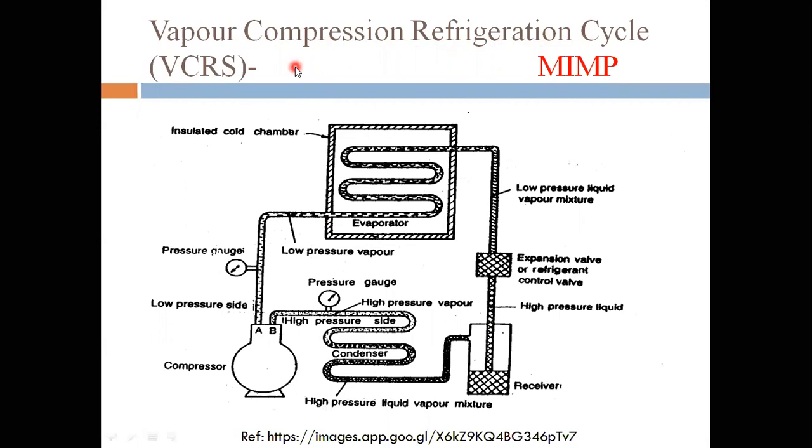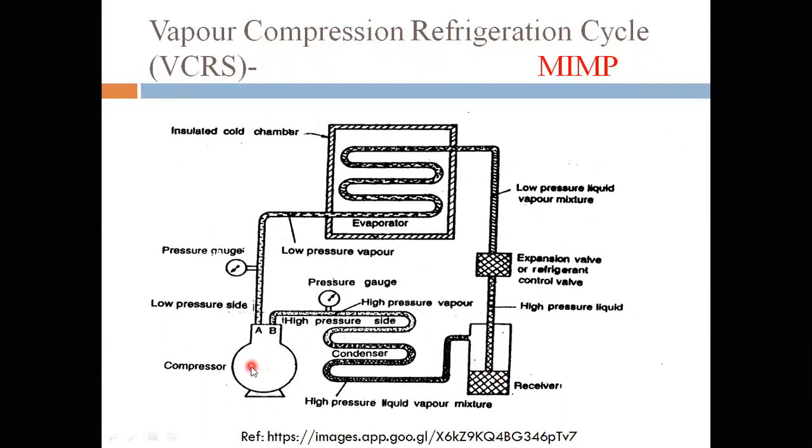As we already discussed in the earlier lecture, in any refrigeration system there are four components. One is the compressor, the condenser, the expansion device, and the fourth one is the evaporator. Similarly, in the vapor compression refrigeration system, that is VCRS, these four components are used. Also, there is a working medium, known as a refrigerant. The refrigerant is in the vapor form in the compressor and in the liquid form in the condenser as well as in the receiver.